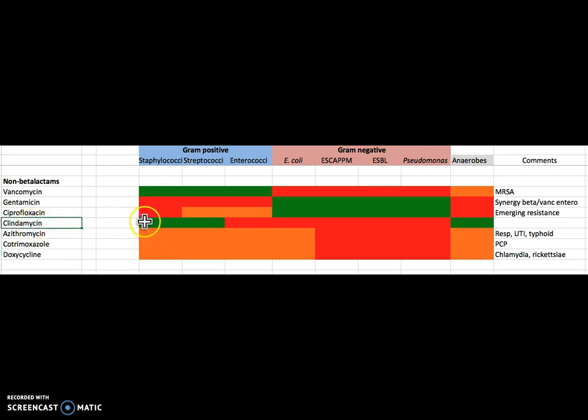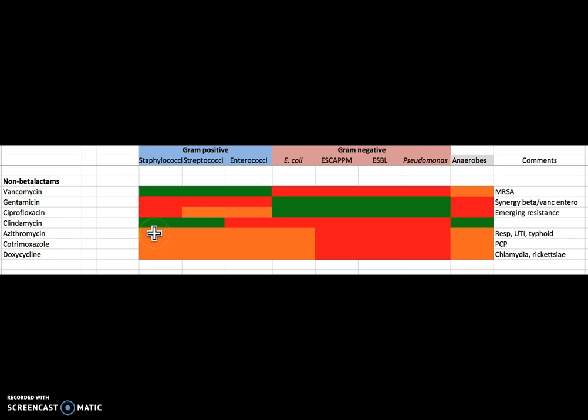Clindamycin has very good gram-positive activity as well as anti-anaerobic activity. It's got no useful activity against enterococcus nor against anaerobic agents. So if one was treating, say, a penicillin allergic patient who had a mixed infection, you would need to have gram-negative coverage with another agent if this drug was used in treatment.